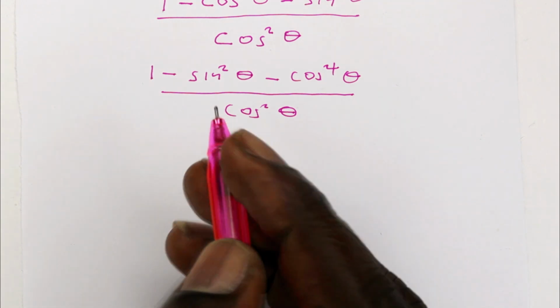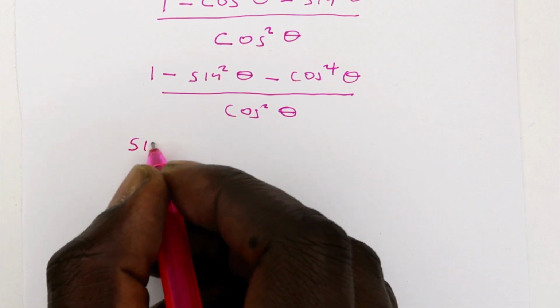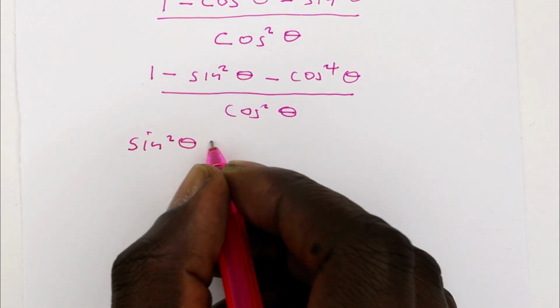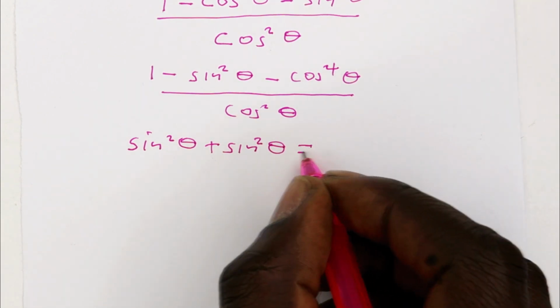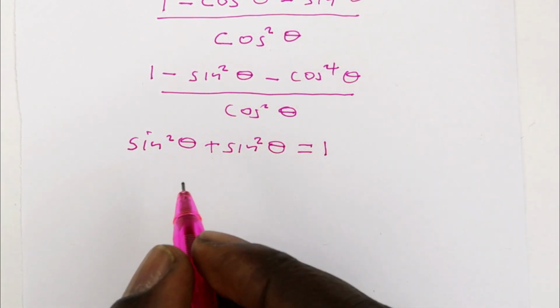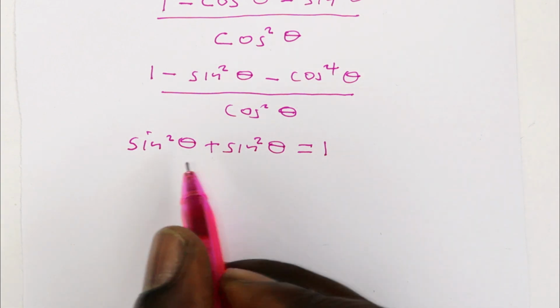So if that is the case, we can now see that we can rewrite the first two terms as a single term. From the trigonometric ratios, if you have sine squared theta plus cos squared theta, that is the same as 1, meaning we can express one in terms of the other. So we can express